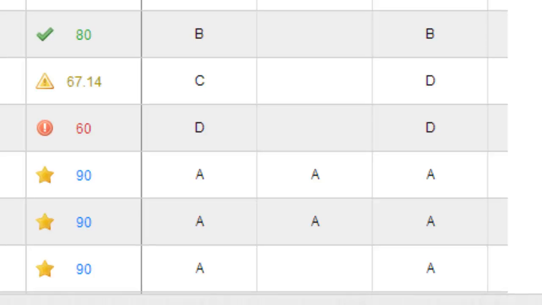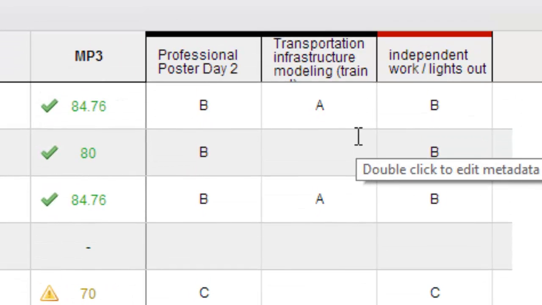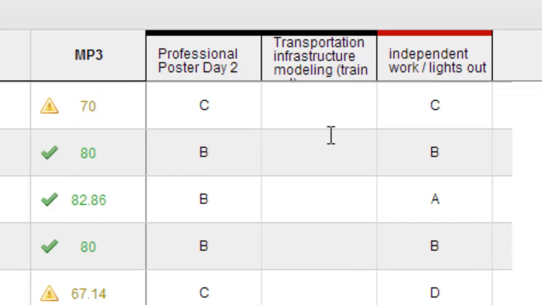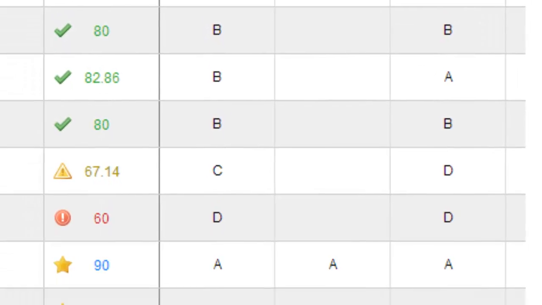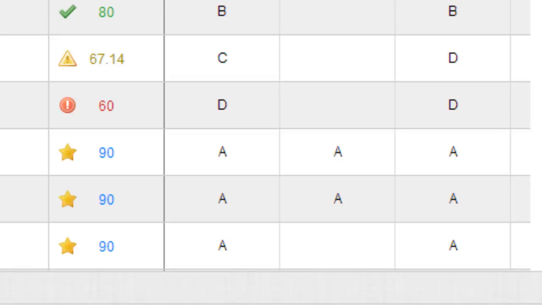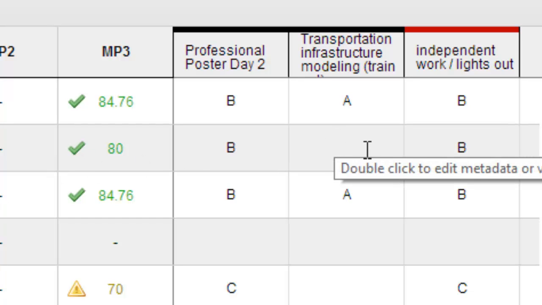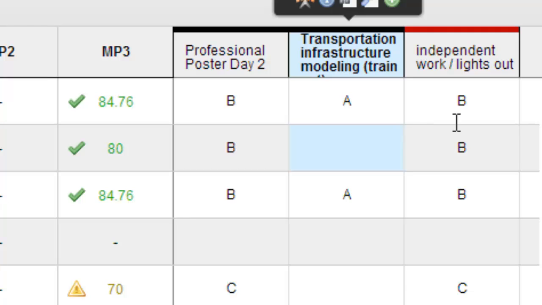You'll notice that in the central column it says transportation infrastructure modeling. It's like when we did the playset. There's only a few grades, and as you guys go through and create this infrastructure that we're going to be using for a project later on, you will earn an A. So Autumn hasn't had an opportunity to do anything yet, so she hasn't earned an A. When she does create her transportation infrastructure, she will earn an A unless she earns an F. No. She's going to earn an A, but until then, it's just going to be blank.